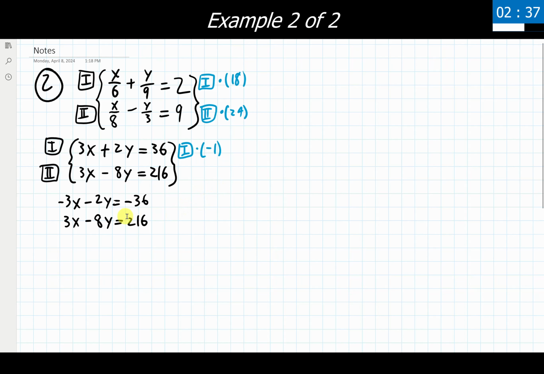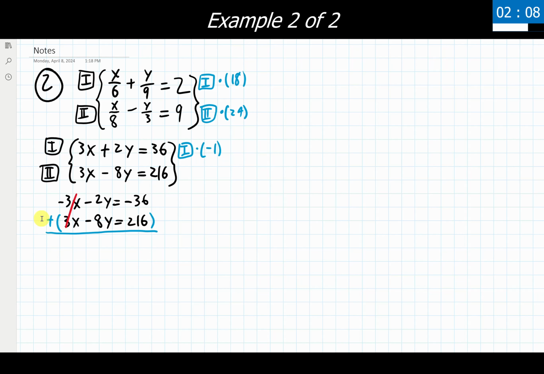So now that I have additive inverses for my x variables, I can go ahead and move on to my third step, where I'm adding the equations together vertically. And again, I recommend that you write it out for yourself, make it clear that I'm adding these equations together, and then we can go through and actually do that. So with the additive inverses, negative 3x and positive 3x, those are going to cancel out. They will become 0x, which is just nothing.